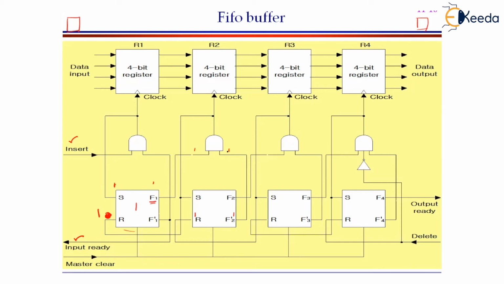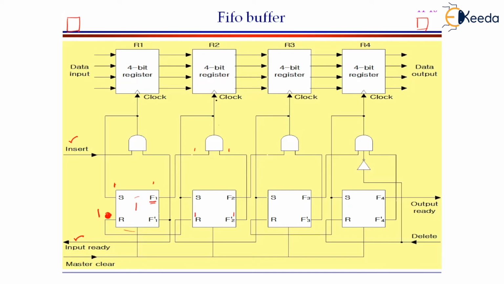1 and 1 will make the output of the AND gate equal to 1. Once again, the output of the second AND gate has been taken from F1 of the first flip-flop and F2 complement of the second flip-flop. F1 is anyhow equal to 1 because we do have valid data within the register and the flip-flop value is already equal to 1. Both trigger this AND gate.